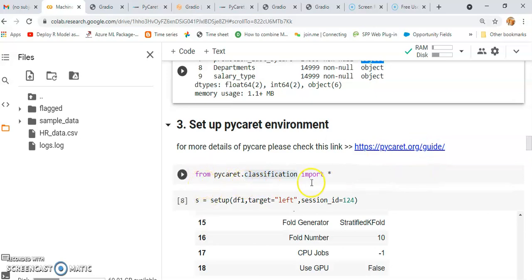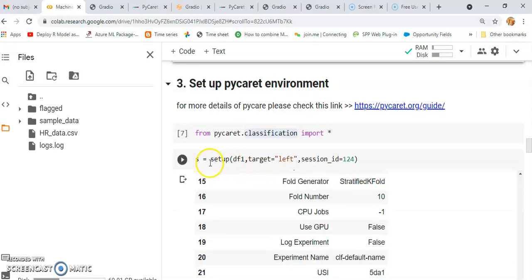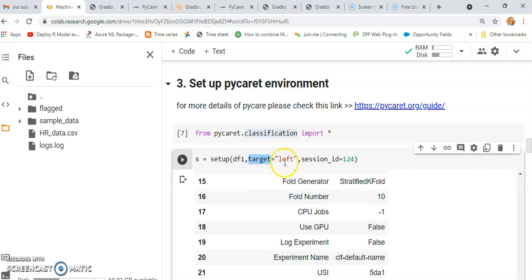I'm just going to create the environment here by using from pycaret.classification. Why classification? Because our target variable has only two values, 0 and 1. Then s equal to setup, with our data frame df1, target variable left, and session id equal to 123. Session id is nothing but set.seed in Python or R, as we use in scikit-learn.